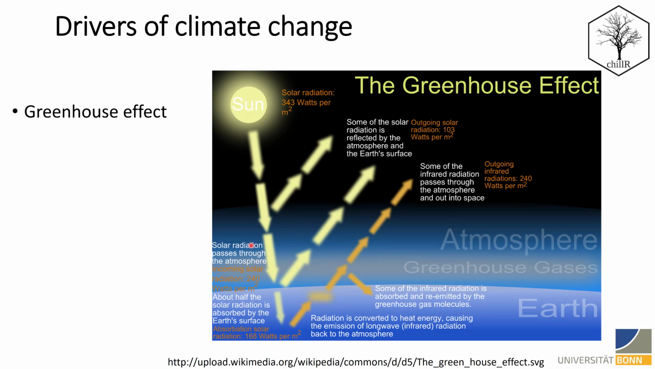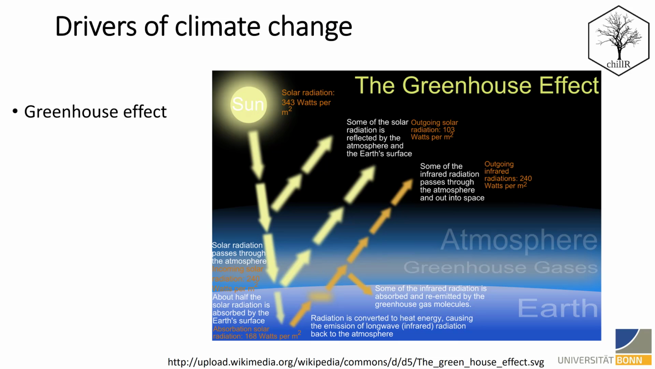But about 240 watts per square meter pass and actually reach the surface, where about 168 watts are taken up by the Earth's surface and converted into heat energy. This heat energy then causes emissions of long-wave radiation back into the atmosphere, and that basically is supposed to then leave the planet again. So overall, this budget here should be about neutral, even though, of course, in the meantime,